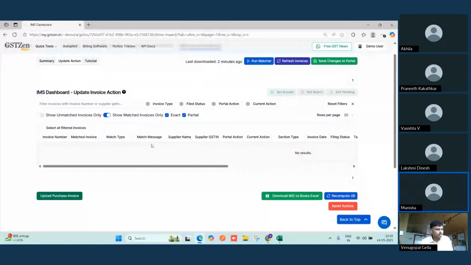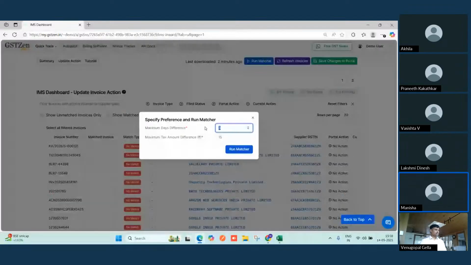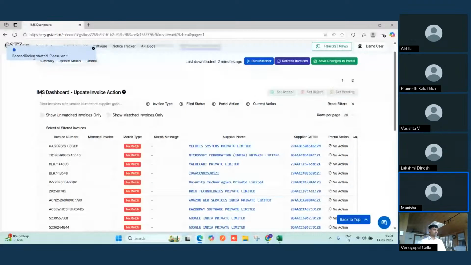Then I'll quickly run the matcher. While running the matcher, it will ask you for the maximum days difference and maximum tax amount difference. You can provide the days and the tax amount as per your convenience, and then run the matcher. It will give you a notification here that the reconciliation started. Please wait. It will take 2 to 3 minutes to run the matcher and give you an elaborate view where you can see which invoices present in your purchase register are matching with the